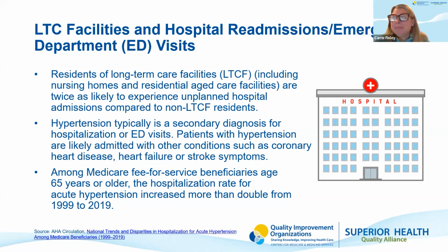Okay, thank you, Andrea. So to expand a little bit further on the consequences of high blood pressure, what do we know about hospital readmissions and emergency department visits related specifically to hypertension? Well, first, we know that Medicare beneficiaries tend to have complex health concerns, and that those that reside in long-term care facilities are older, more frail, and their medical histories are also more complex. Therefore, it's more than likely that they will experience a hospital admission that may perhaps be unplanned